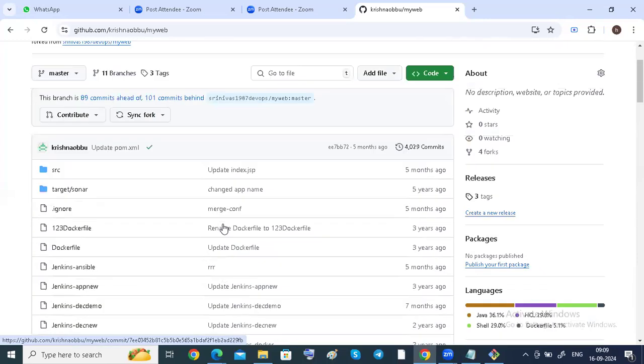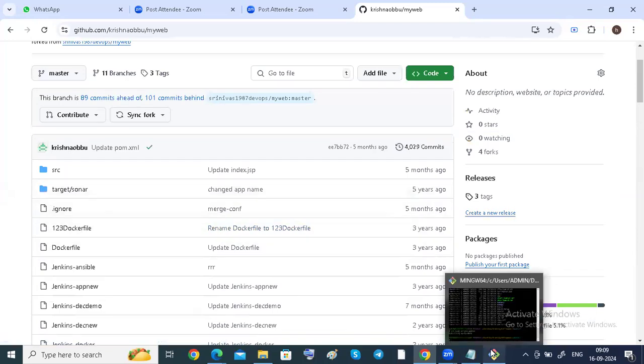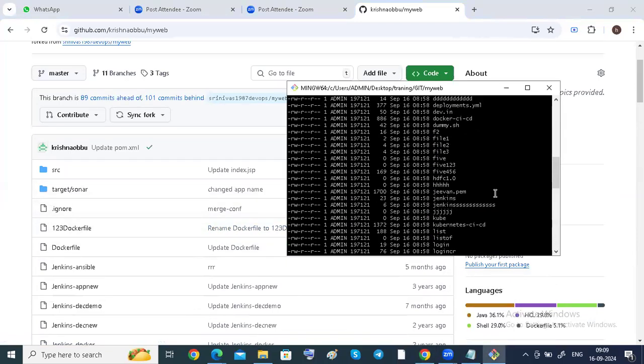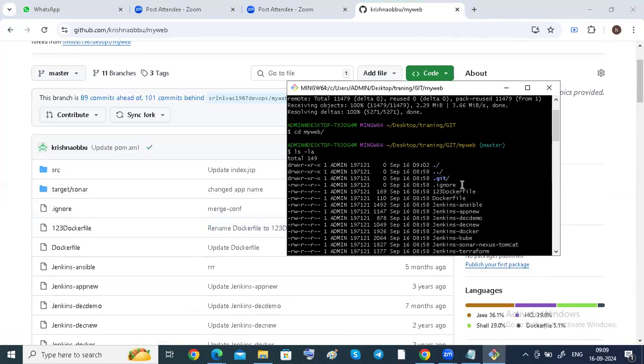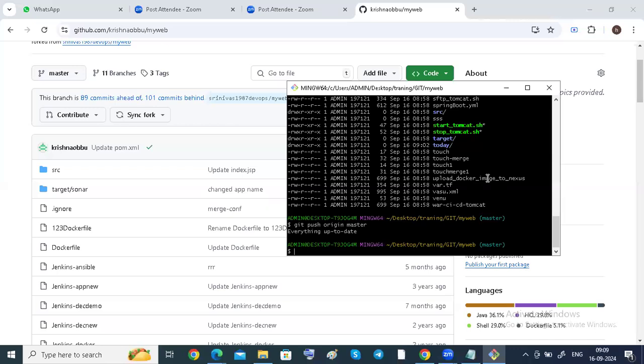Everything is up to date. It is showing this where I copied that one. This one has no file, because it is zero data, and that's what it is showing. Nothing has been added here. Sorry, I will show you guys how to add these files and how to push. It is one command only, git push like that.